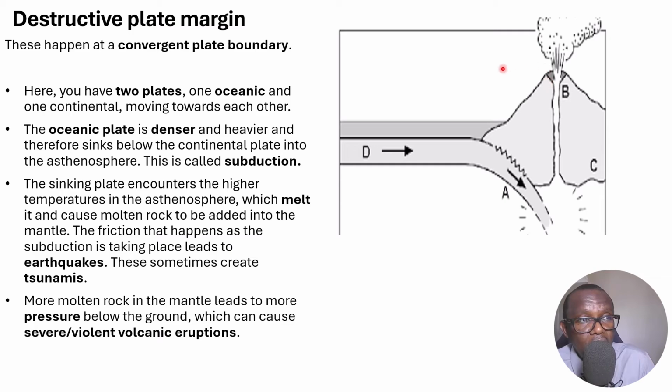And the type of eruption that is likely to take place here is one that is very, very explosive, because the magma that we get in these types of plate boundary is normally very high in silica content, and therefore is very thick and viscous, and also very, very explosive. And because it's thick and viscous,